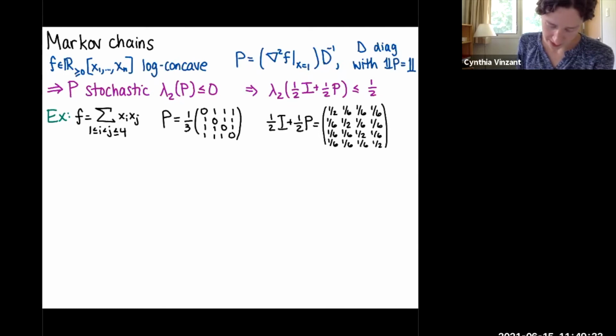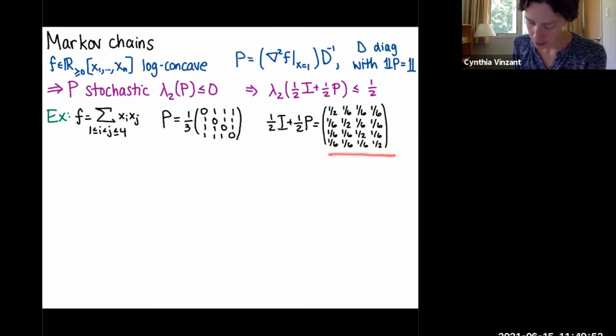But for an example, if I take my favorite quadratic polynomial and I take its Hessian, then the normalization will just be scaling by a third. And when I take half times the identity plus half times this transition matrix, I get the following